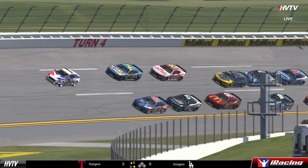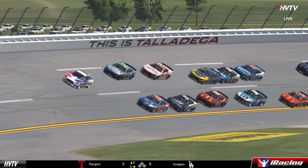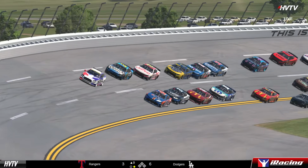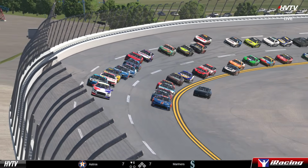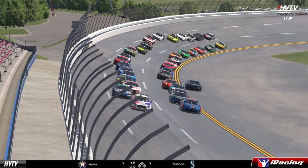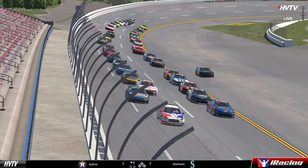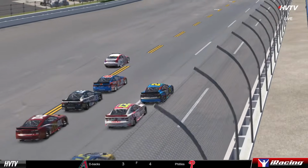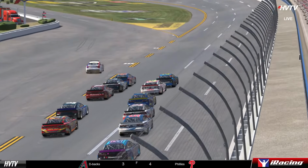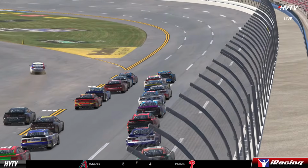I would really rather just like to see little short sprint races that force these drivers to race hard, race aggressive the whole race. There's no laying back and saving tires. There's nothing like that. Just hard racing, flag to flag, and that's what we want to see. Just hard, good racing from all these drivers trying to get up to the front. So it's going to be interesting to see how these 43 drivers are going to navigate this beast of a